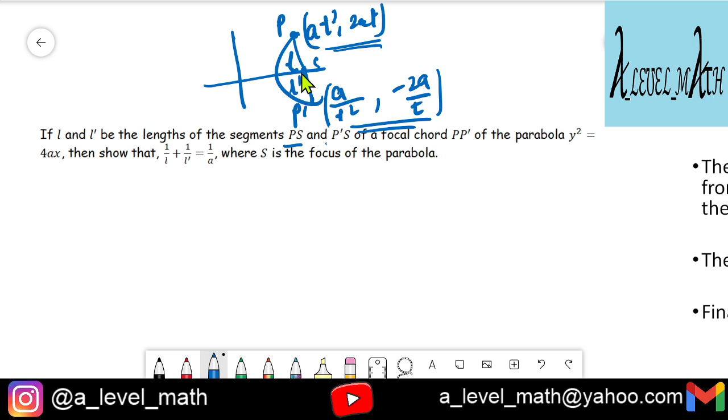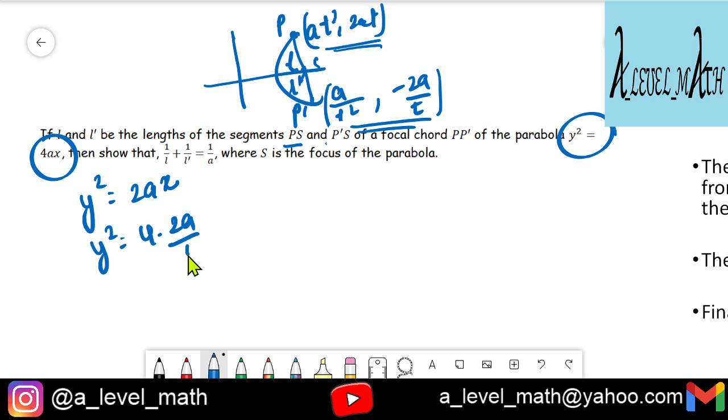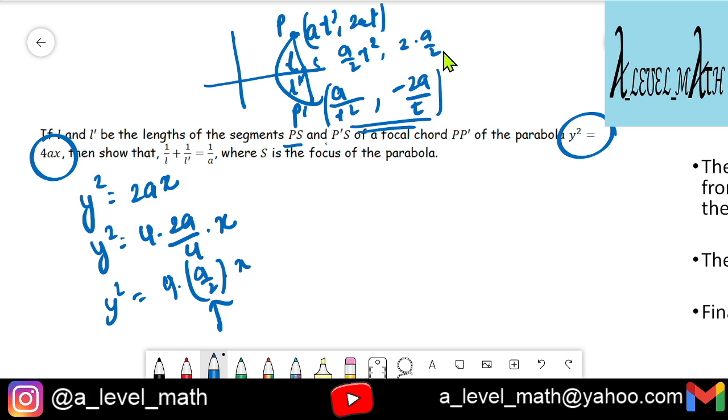So we are given that L and L dash are these lengths of the parabola y square is equal to 4ax. Remember that you have to also verify this y square is equal to 4ax is our required parabola. If say for example they give us that y square is equal to 2ax is our required parabola, then instead of a we'll have to figure out something else. So we can write it as y square is equal to 4 times a by 2 times x. So instead of a, here you will be writing down a by 2. So in place of a, I'll be having a by 2 t square, 2 a by 2 t, etc. So you'll have to replace this with a by 2.